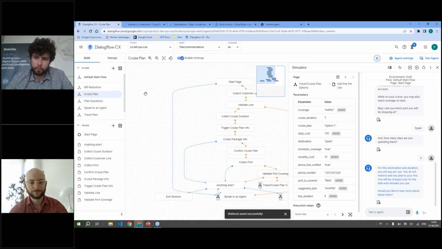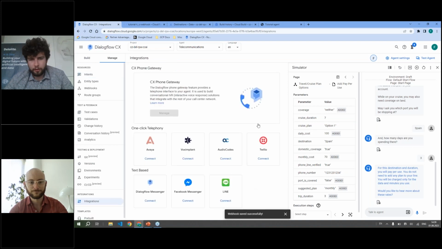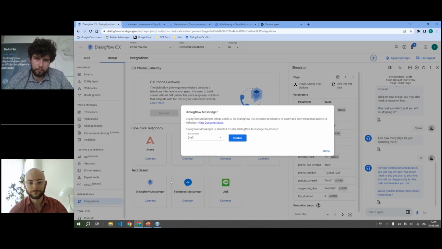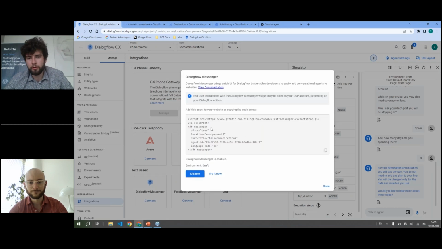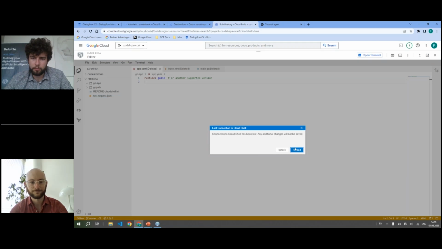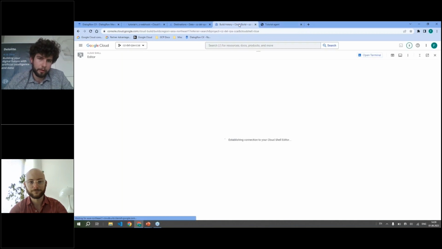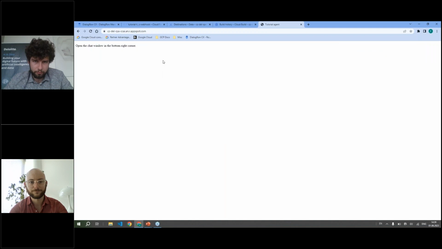If you want to incorporate the chatbot in some other application of yours, what I'd like to show is how to integrate it. You can see that there are a lot of pre-prepared connections, but for the time being, I'll just use the sample Dialogflow Messenger, which is a very simple JavaScript applet that you can just paste into whatever page you have prepared. So for this reason, just for the presentation, I have a very simple web page presented in the App Engine in Google. So you can see that it's blank right now,